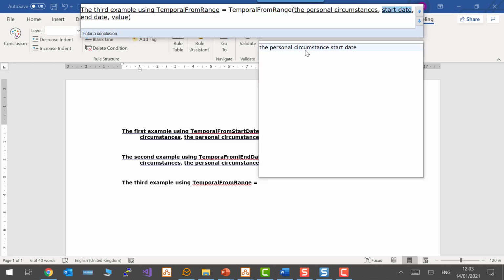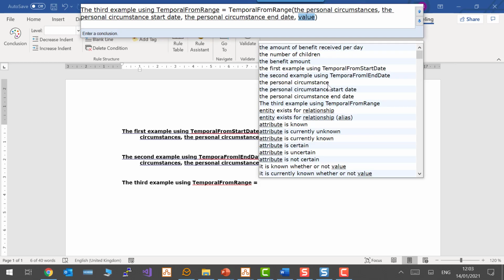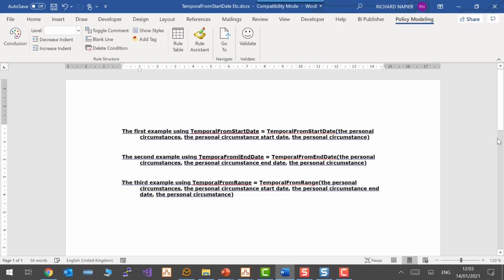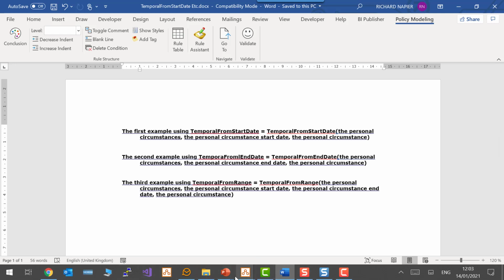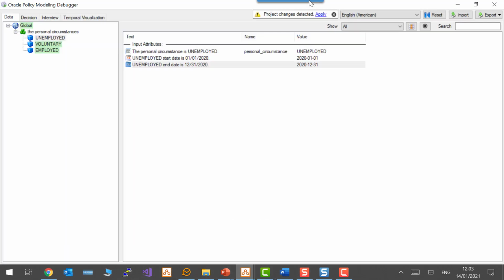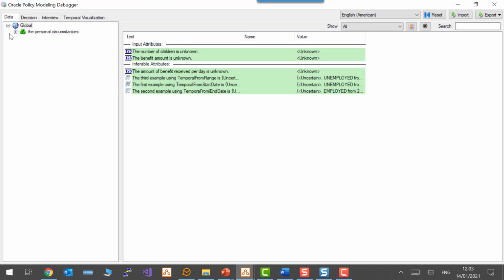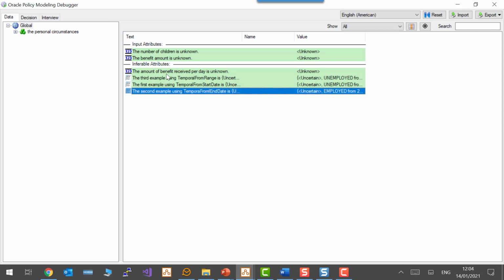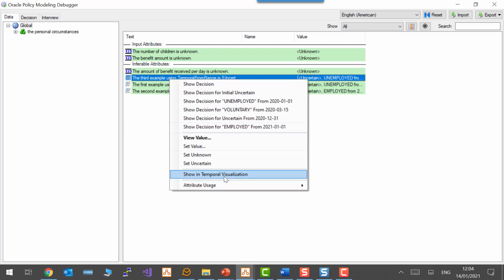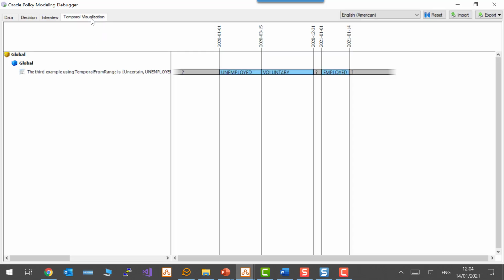Personal circumstances, start date, end date, and it's the personal circumstance that I want. So we've created a third example, and this third example will, hopefully, we can now demonstrate it. We'll refresh the debugger. We'll go back to the data tab and we'll hide temporarily the other two, and we'll make sure the third one is shown. We can see that the third one has successfully displayed the unemployed and voluntary and employed phases,